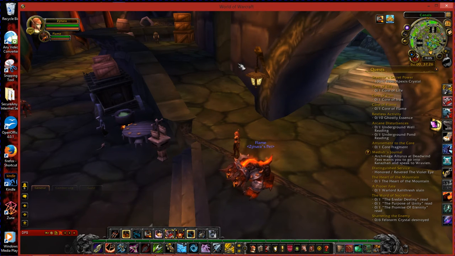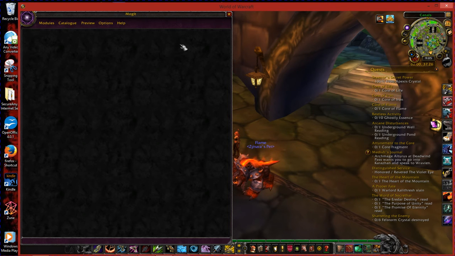So let's start. Once you have Mogit installed, go ahead and click on the purple icon here. If your screen is set up differently, you have different bars, then it might show up somewhere else, but there is a purple dot, it says Mogit. Click on it and it brings up this screen. Looks empty, that is because it is.